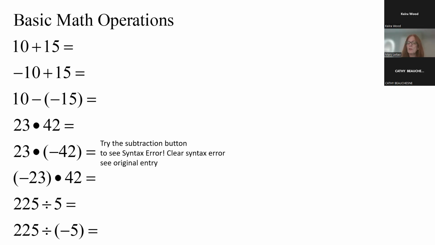The other way to do it, some students prefer having all of their negative numbers in parentheses because it keeps them focused, or organized rather. You can do it this way, 10